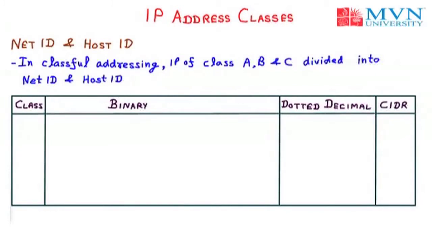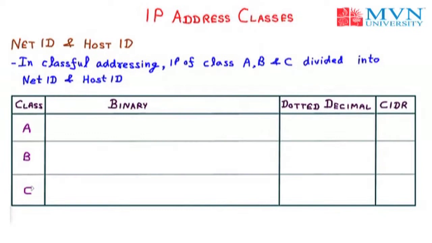Now classes are of 5 types: class A, B, C, D, and E. But D and E classes are for special purposes, that is for multicasting and for future use. That's why we are only taking the 3 classes, class A, B, and C. Now we'll start with class A. In class A, the CIDR is /8. And for the decimal dotted notation, we have the IP address